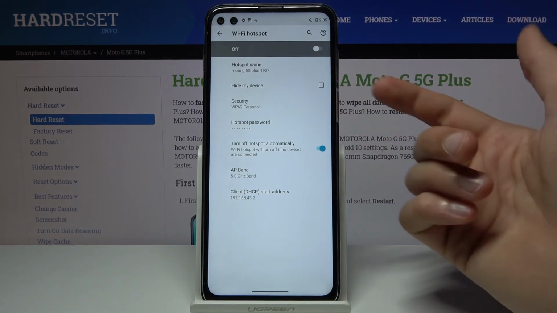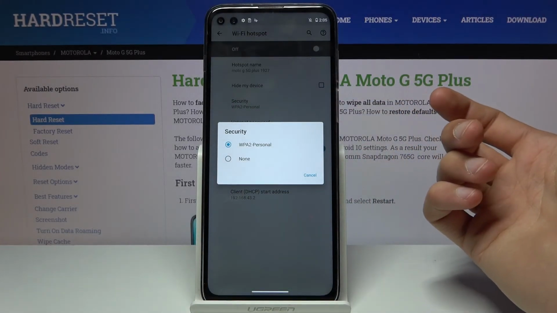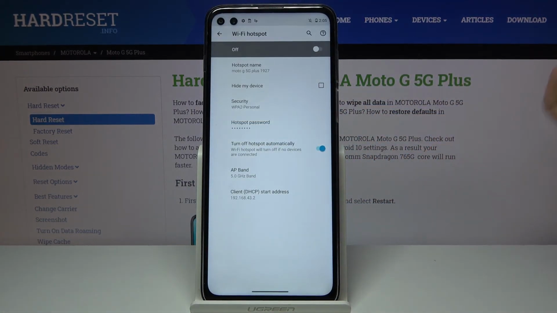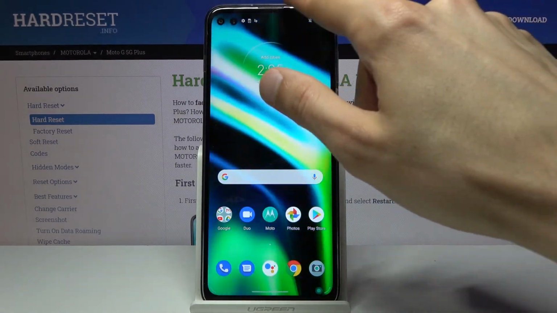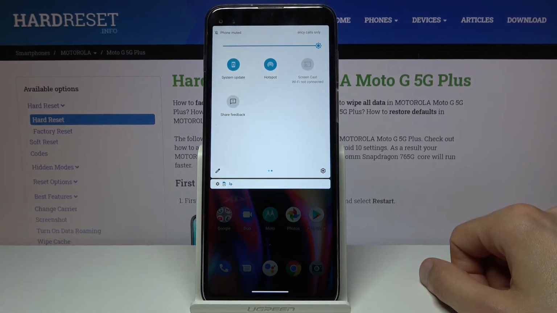We also have the security, but I would strongly suggest to keep it as it is. The other option is to have none, which will allow anybody to connect to it. So from there, once you have set it up, you can simply close this and never come back to the settings ever again. And all you need to do now is simply tap on the toggle, which will enable it